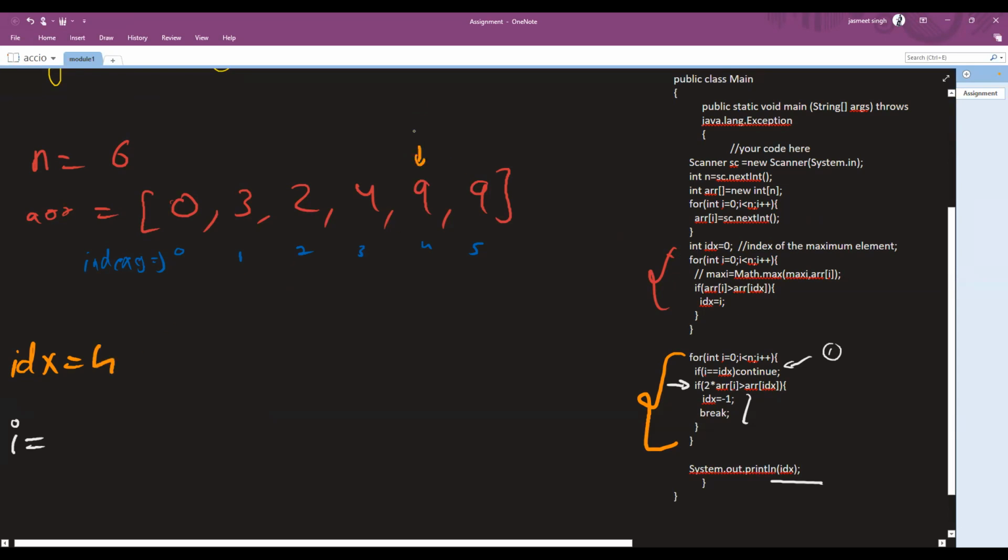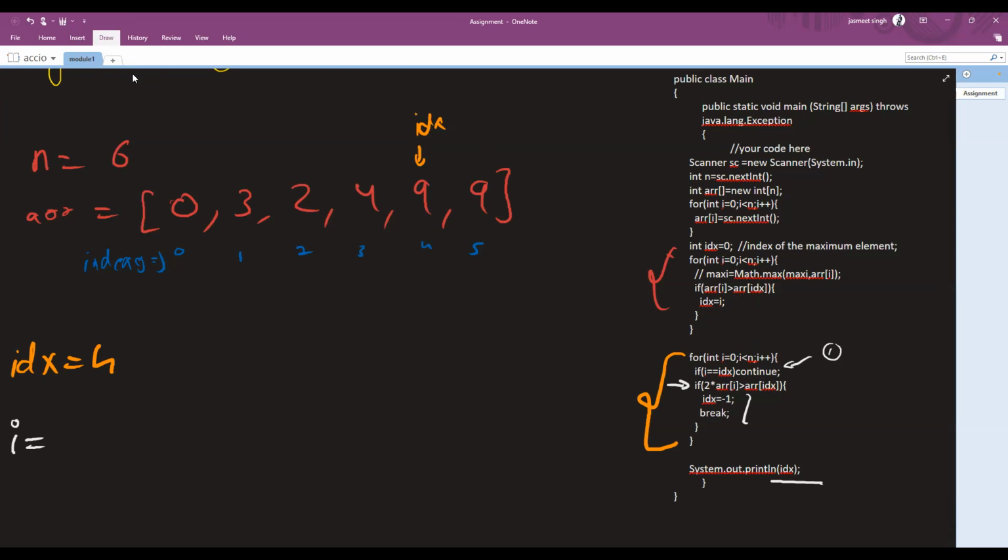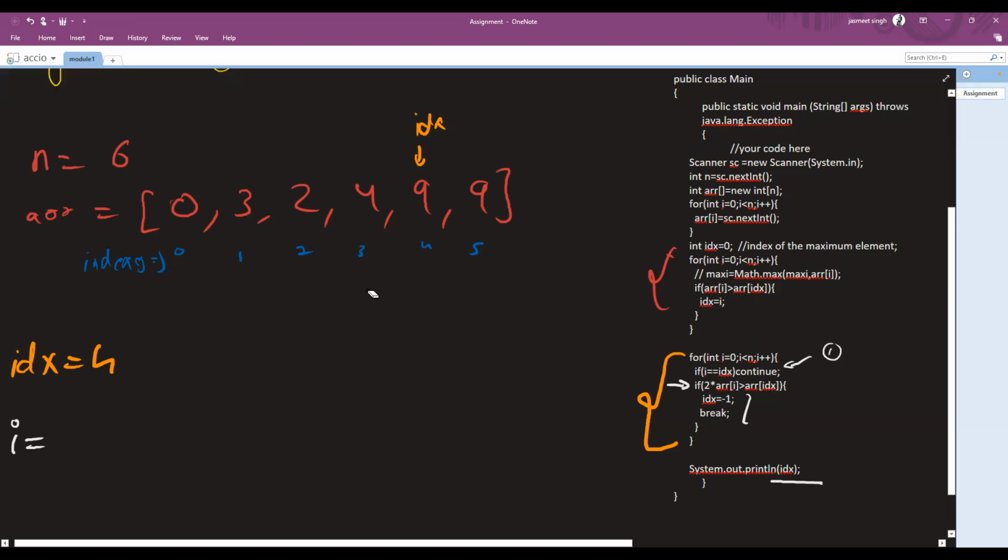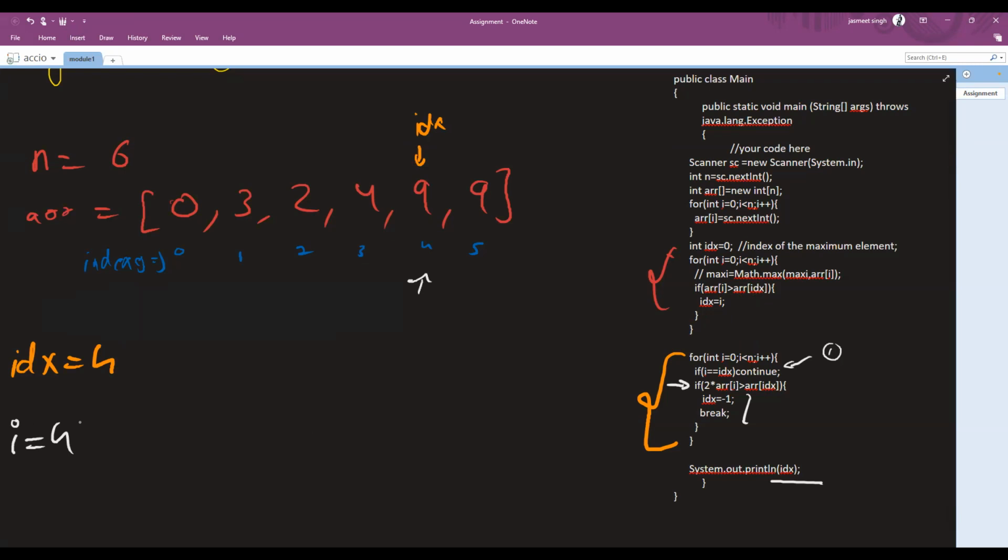So I can say this is IDX, right? Because even in the equality case we are not changing it, we change only when a bigger number is found, right? So I can say the same story continues till I is equal to 3, right? IDX stays at 4, since nothing further down was found, so it will keep being invalidated there, right? So let's continue with the same story from I is equal to 4, right? Okay, so yes, now I can say